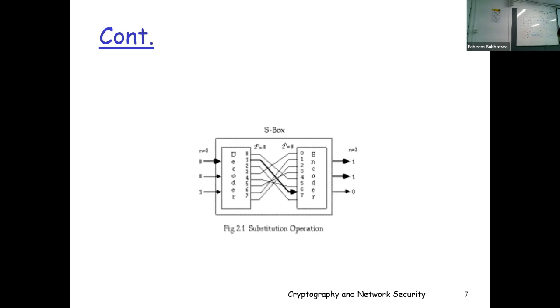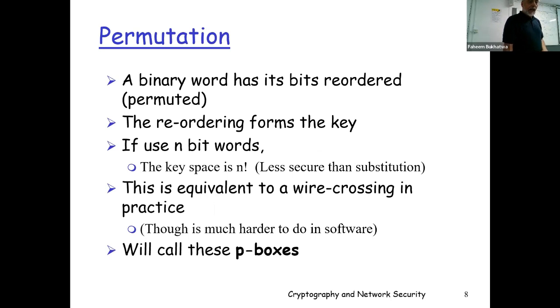It does 2 things. It changes the positions, but it also reduces the size of the data. We'll look at how it does that. And the permutation,